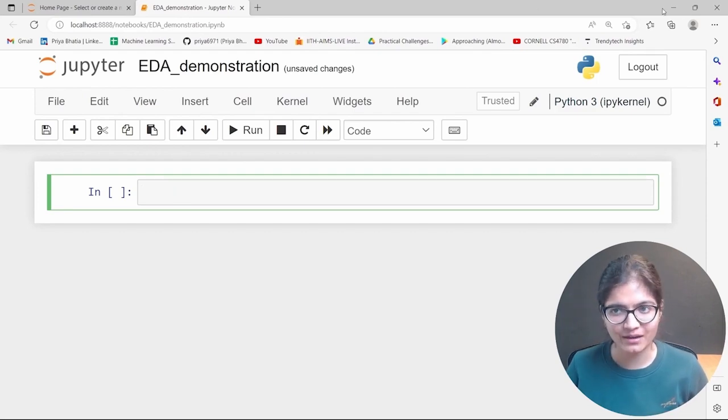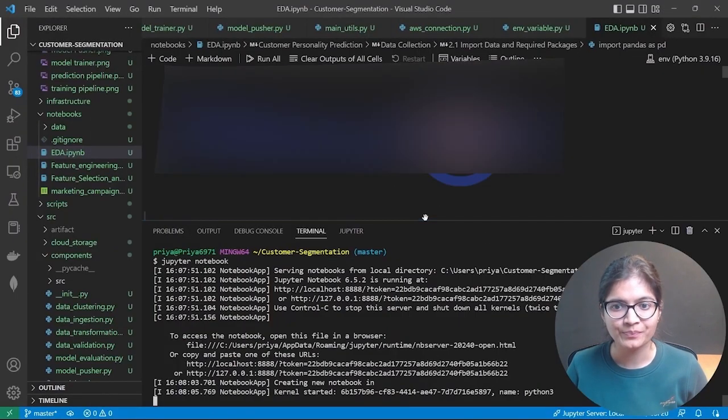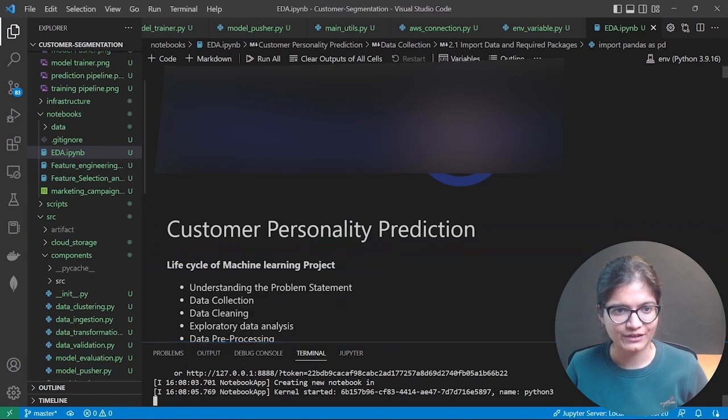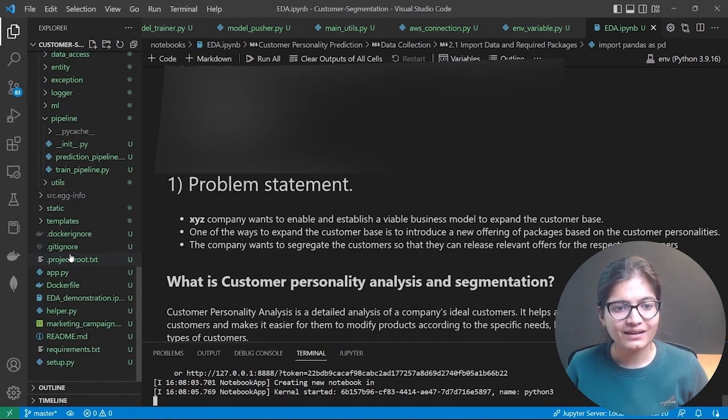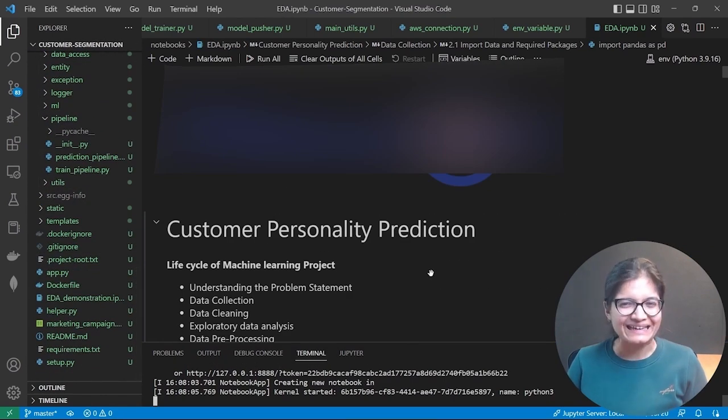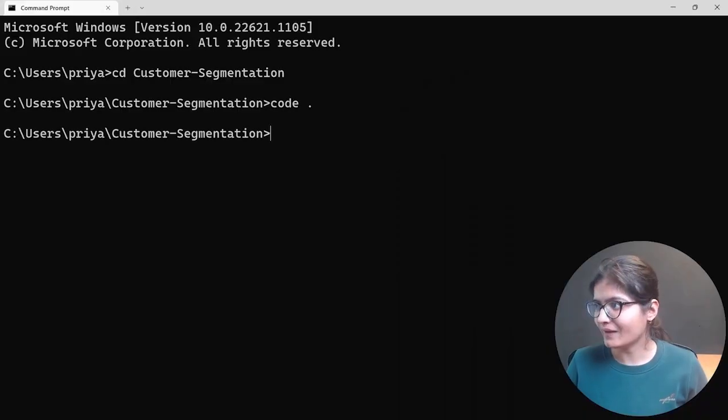Again, I'm saying I have a complete file, which I already showed to you, right? I have a complete file with me that you can clearly see. But I don't want to explain each and every line in this file, because I really want you to do the EDA part. This is really simple. On the same note, I want to say that this is really important for you all to understand, right? So let's do one thing here.